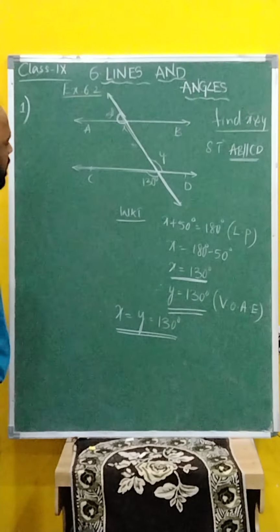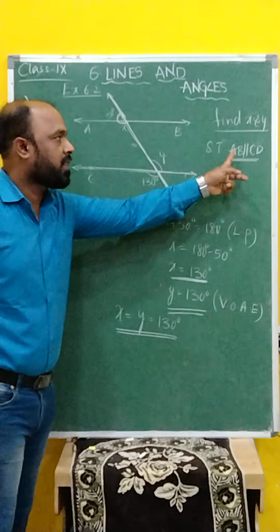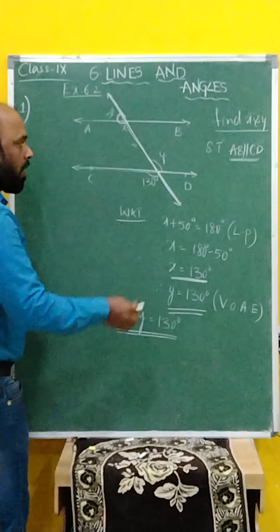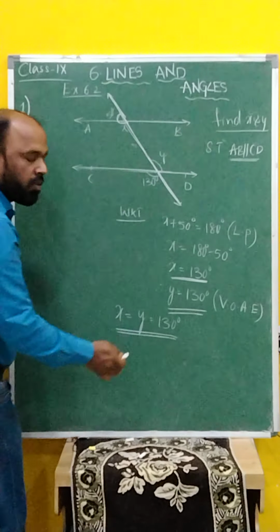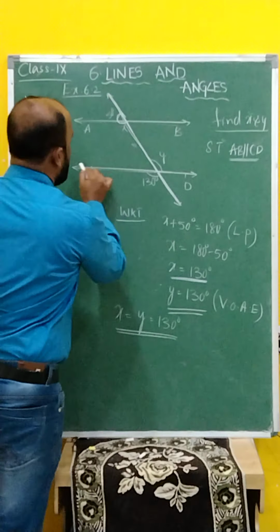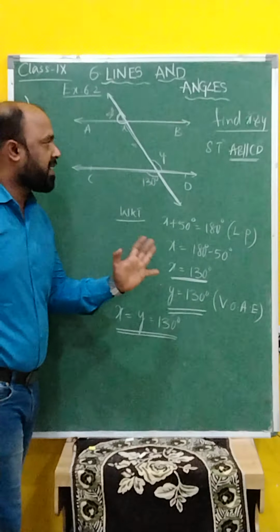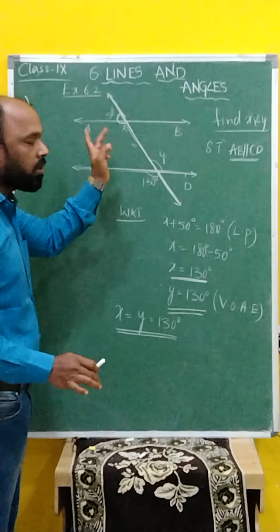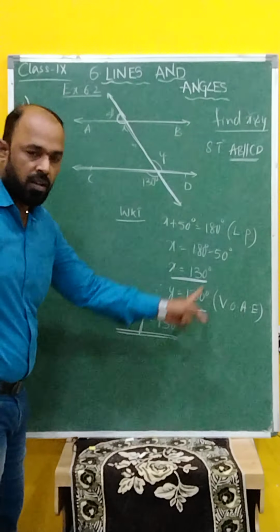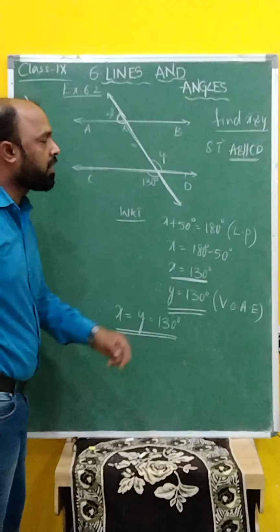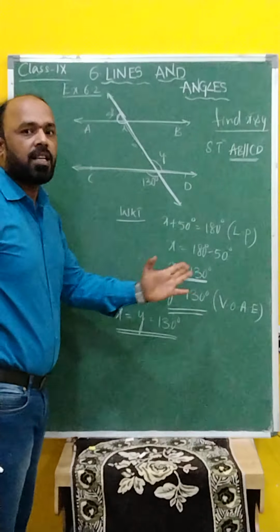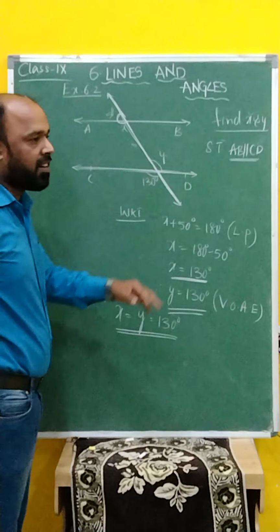Clear? Next, observe, it is asking show that, ST means show that AB parallel to CD. When x and y we know, just now we proved both are equal. How is it looking? You observe, this is a transversal and AB, CD both are lines. We don't know if it's parallel or not, but both are lines. This is intersecting at 2 points. According to this, we got x is equal to y, 130 degrees. Then these two are equal. How is it looking? It's alternate angles. Both are alternate angles.